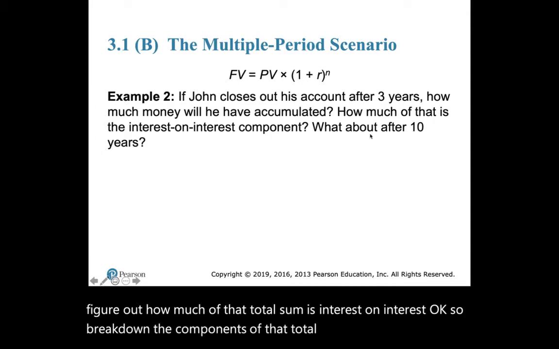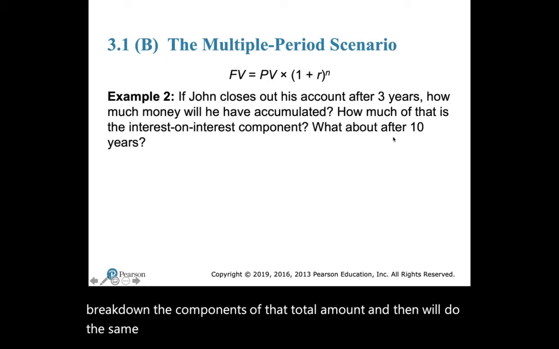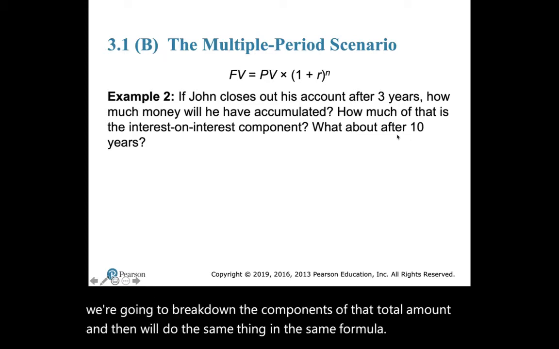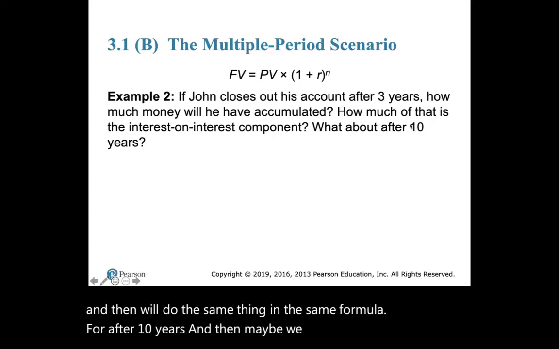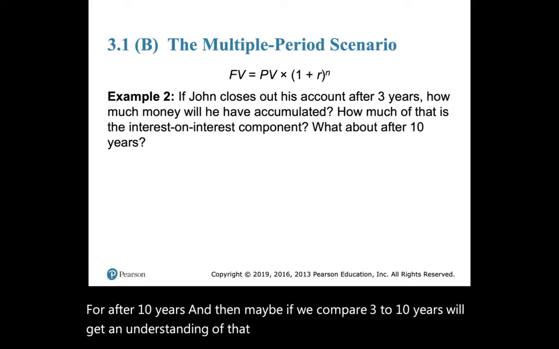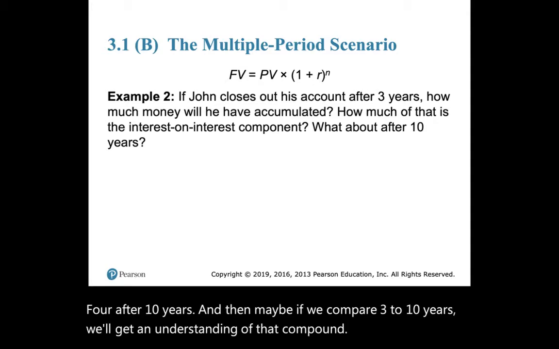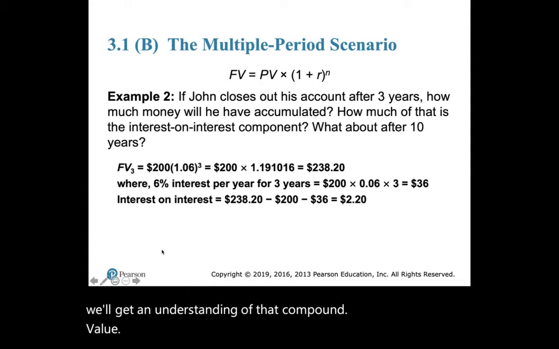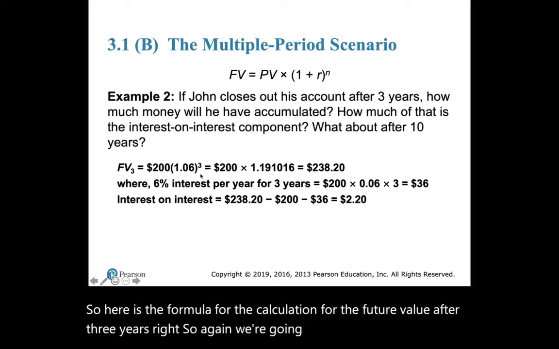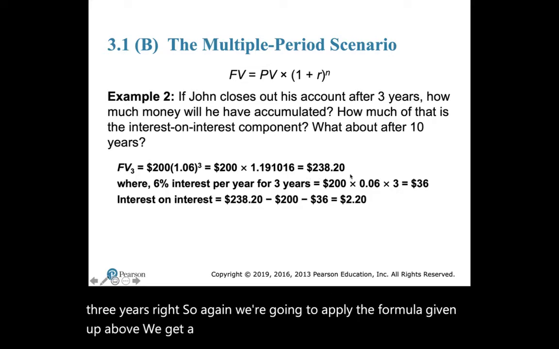And then we'll do the same thing, the same formula for after 10 years. And then maybe if we compare 3 to 10 years, we'll get an understanding of that compound value, okay? So here is the formula or the calculation for the future value after 3 years, right? So again, we're going to apply the formula given up above. We get a total amount, okay? So that's the total money accumulated, $238.20,